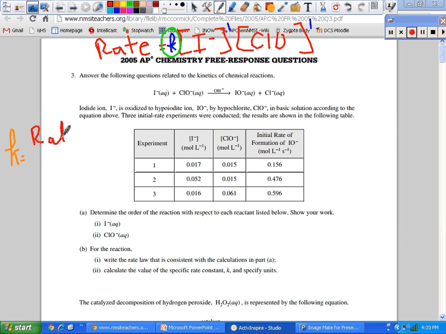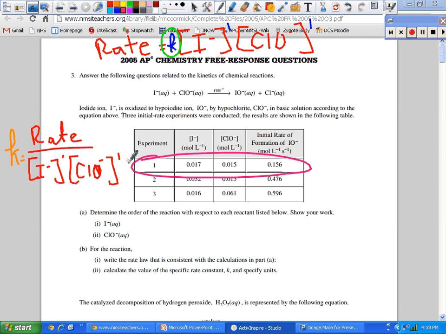Where do you get your information from? Pick a row. Pick a row. I always said pick row 1. That's just what I always said. So if you'll put that in there, if you'll put this in here, and you'll put this right there,